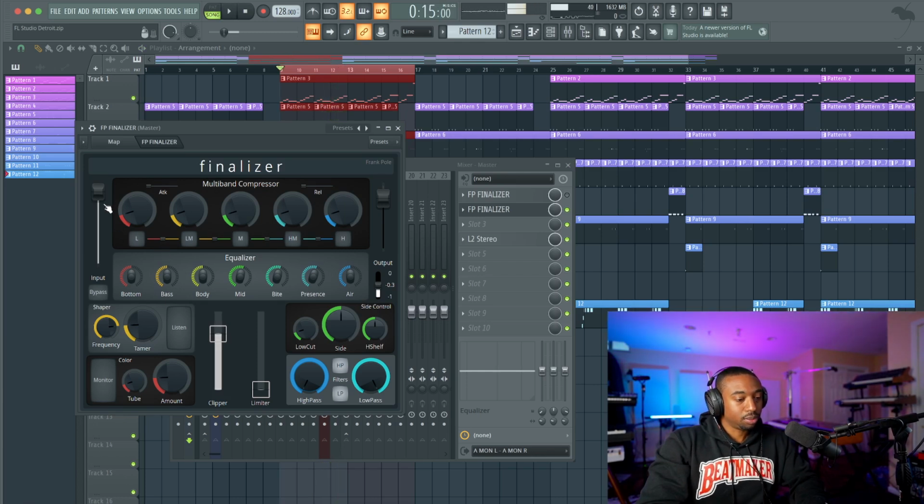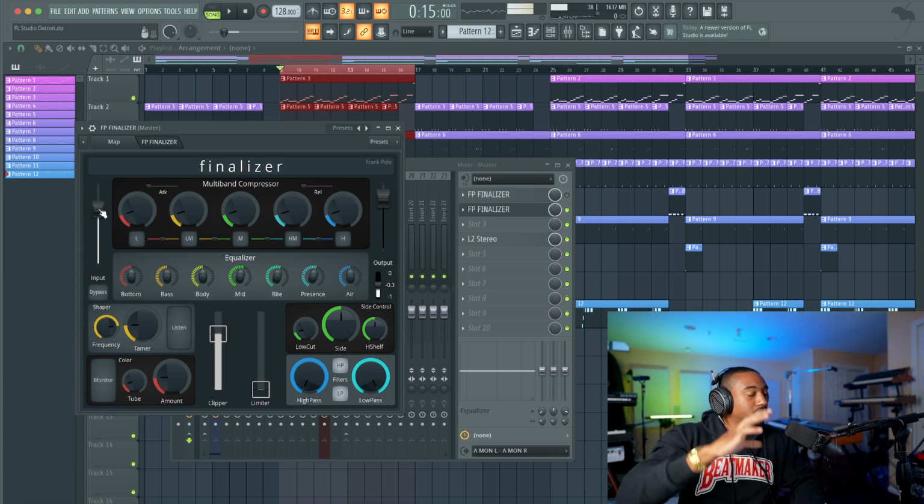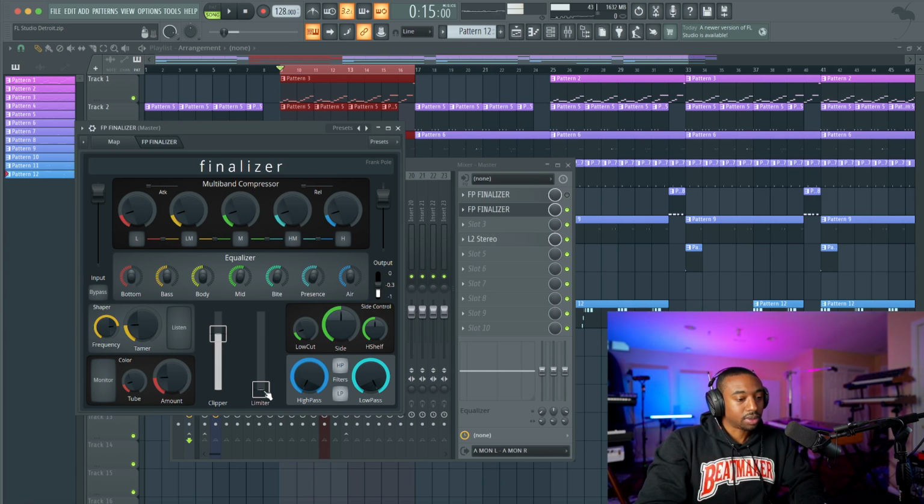Now the key here, before we go into the clipper, the key is turning up what's called your input volume so that it hits the clipper with all its volume, and then the clipper expands on those harmonics. So we're going to mess with this input volume. Next, we're going to mess with this limiter. Just left click and drag this up a little bit until you start to hear the loudness. As you can hear, it gets louder and louder and louder.